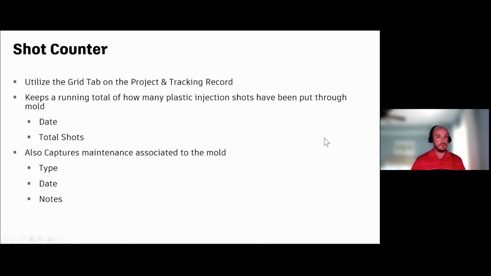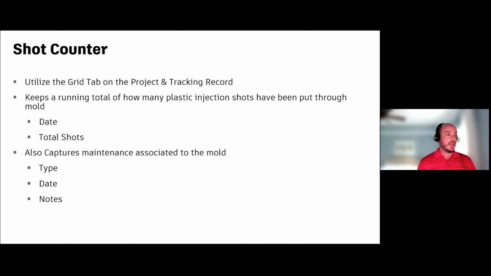As Dave alluded to, we utilize the grid tab functionality within the workspace to help keep track of these shots. And as you saw on the screen a moment ago, there are a few different data points that BOA collects, specifically for shots: the date on which the shots were run, as well as the new total for that particular mold.